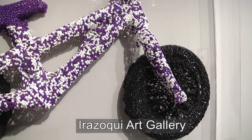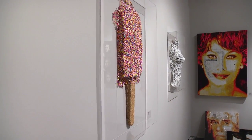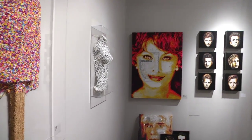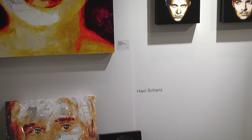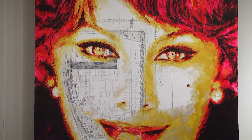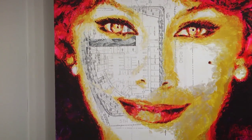And you've got a third totally different style on the far wall from us, and these appear to be famous people redone in a way, yes? He's Javi Chance. He is an architect who became an artist. He started to paint on his own blueprints over his projects. He lives in Miami Beach. You can see the blueprint from some plan in Miami Beach, and he is just painting on it